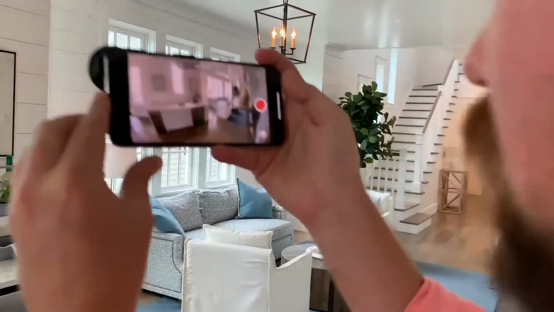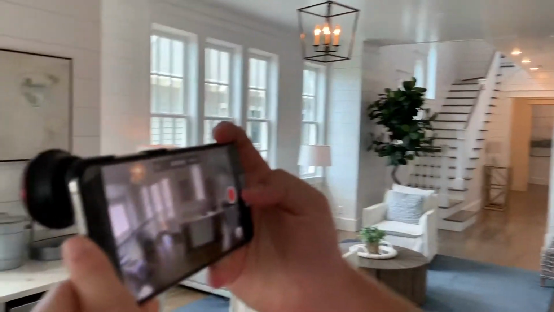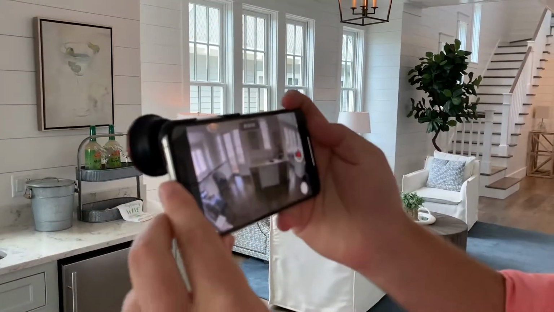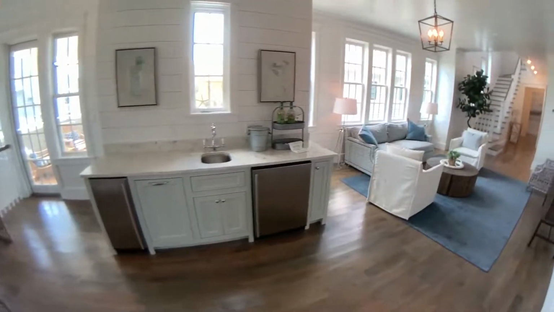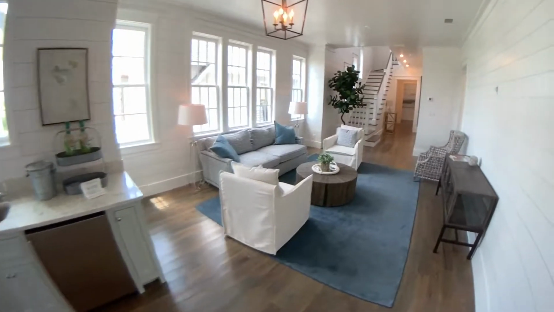Okay, so now we're on the second floor. Really cool open floor plan, just like the first floor, and we're gonna show that. We're gonna scan this entire floor in one shot. So here we go. Start right here. I want to show the little sitting area, the little mini bar. Just move